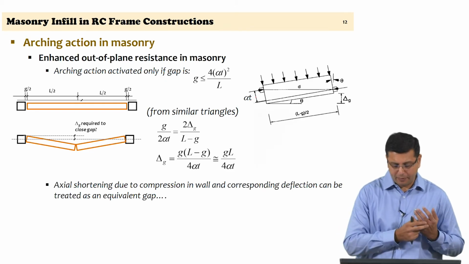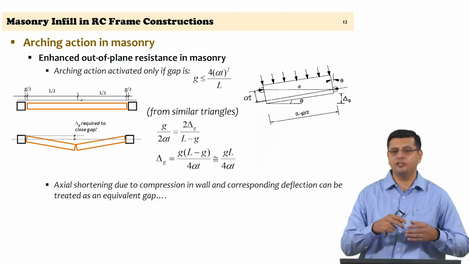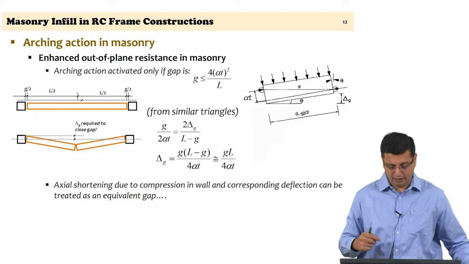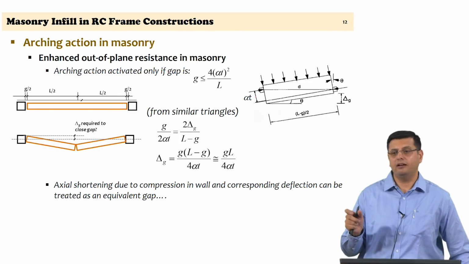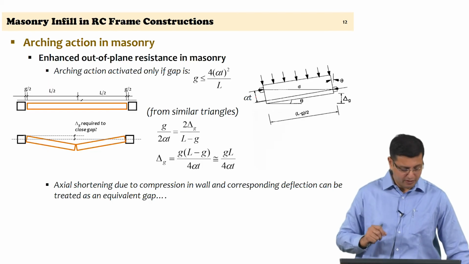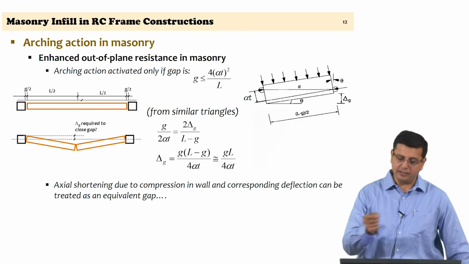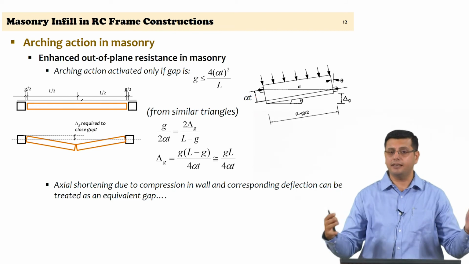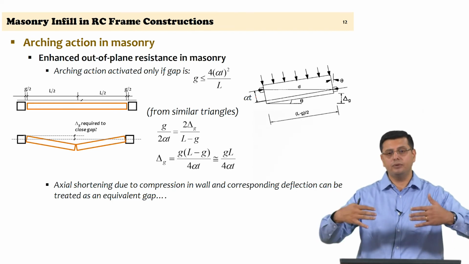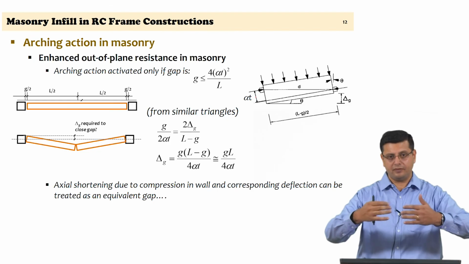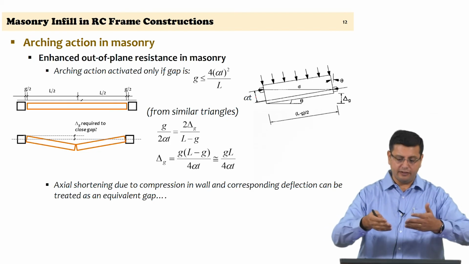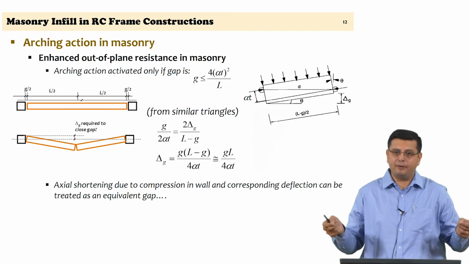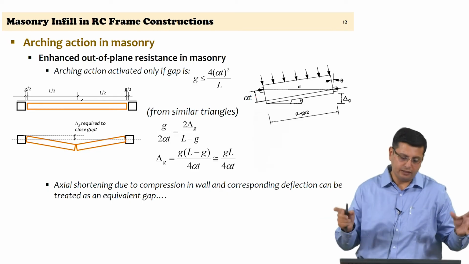Now, the other thing that can happen is there can be axial shortening. If there is significant deformation, there can be axial shortening due to compression, and then you can look at the deflection itself being treated as a gap that is forming, right. That is what will happen. Let us say to begin with there was no gap, but then with the wall deforming, and if the out of plane deflections are significant, then there will be axial shortening, which means a gap can form, and within the limits of what that